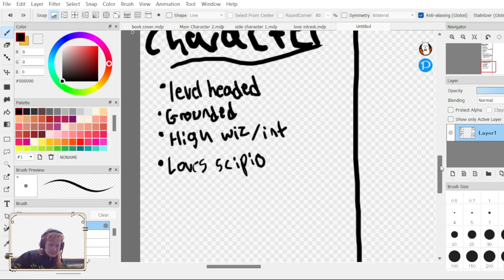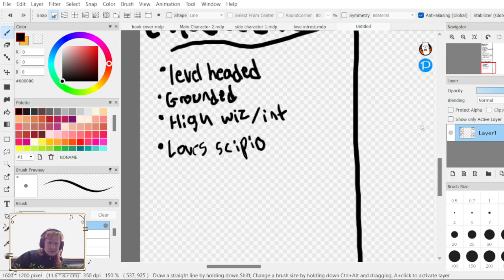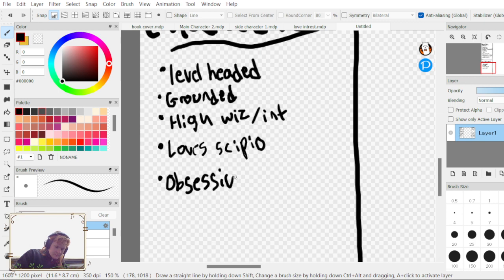Can't really think of any other character attributes for her. Maybe she's a little obsessive, as all stereotypical anime girls are, a little bit obsessive over their crushes.